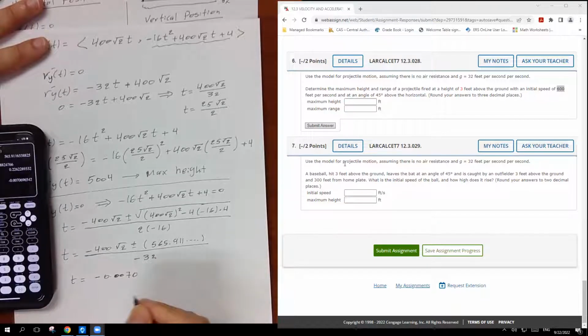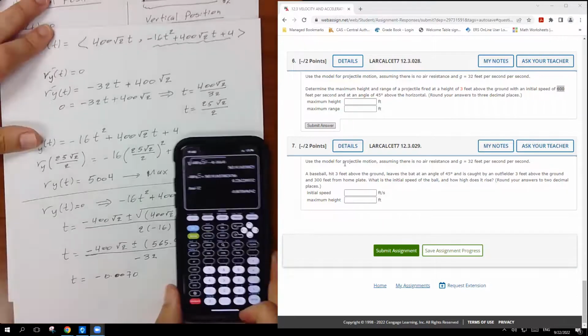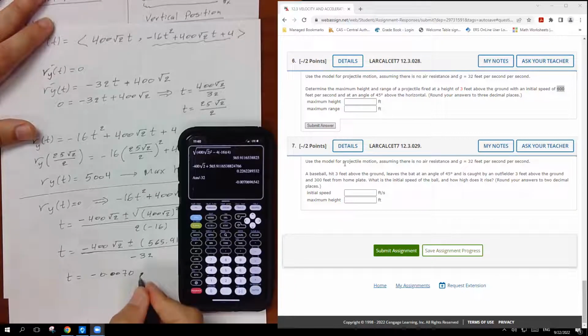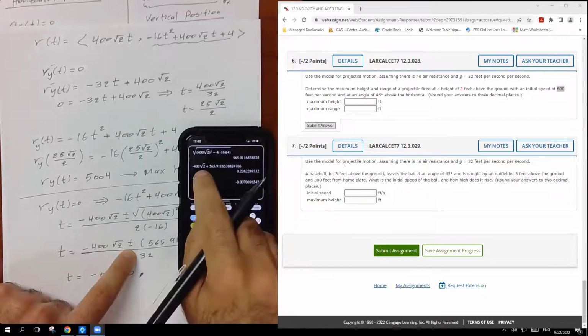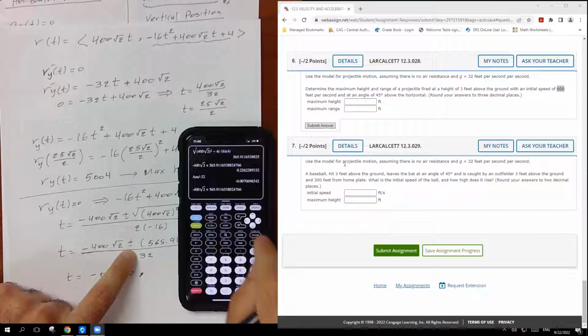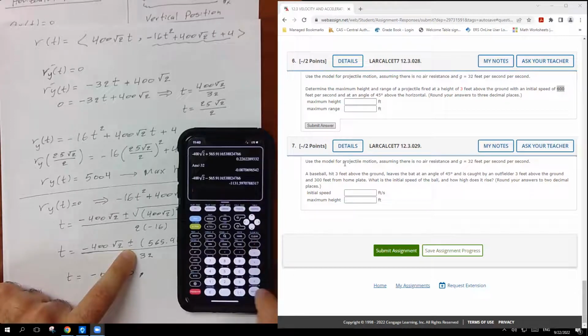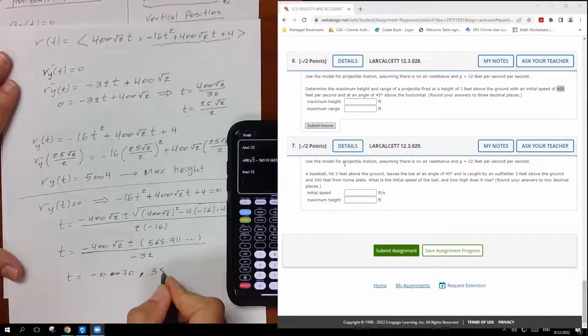I think they asked for 4 decimal places. Four decimal places. This is the first one. I'm going to do the same thing with the second, because I have minus here also. So here's the same one, but I'm going to change the sign here to minus, and the result is going to be this number. Divide by negative 32 is going to be 35.36,